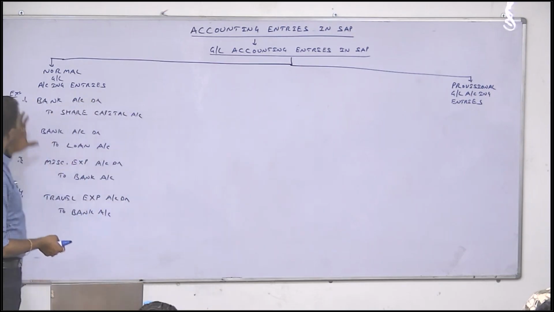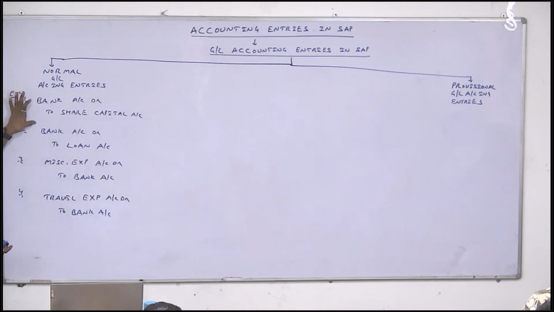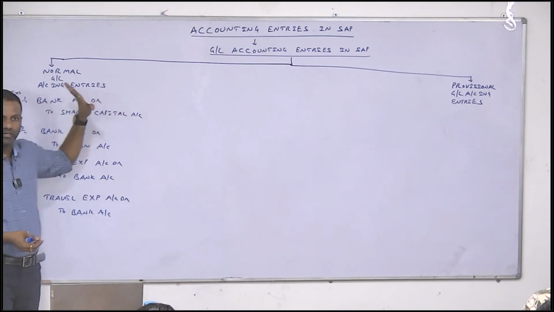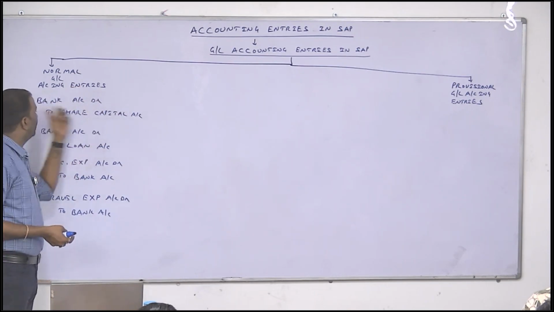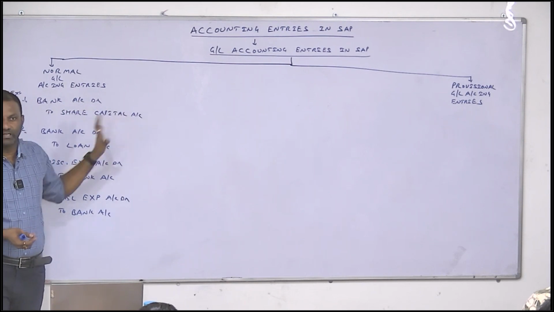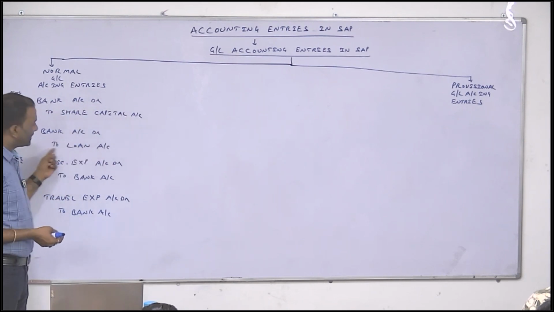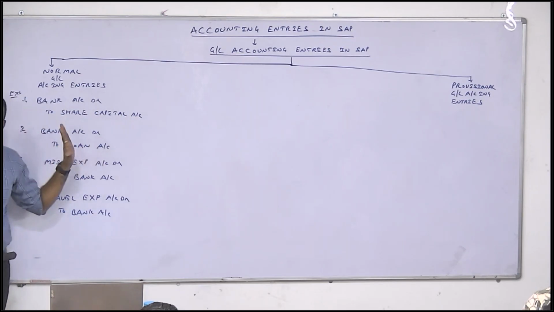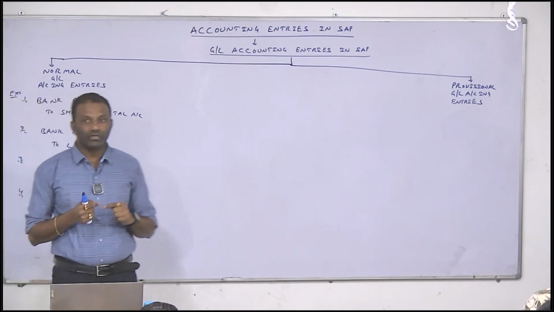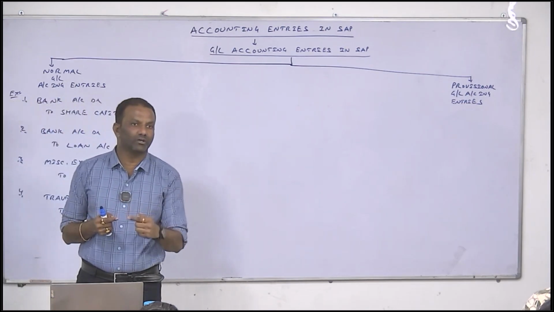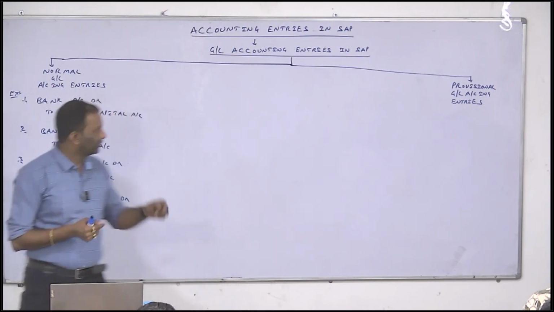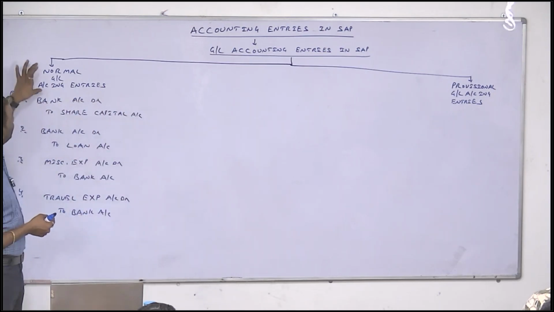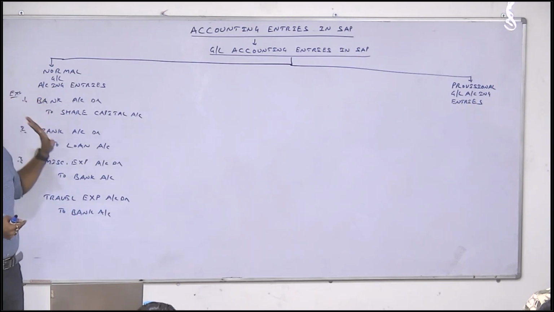Whenever the user opens the application and posts the first entry, it has completed. He doesn't go back and check if he should do anything more. Coming to the second entry, he has posted bank account and loan account, and the entry is completed. Hope you got my point. He need not do any additional work using this particular entry. These type of entries we call normal general entries.